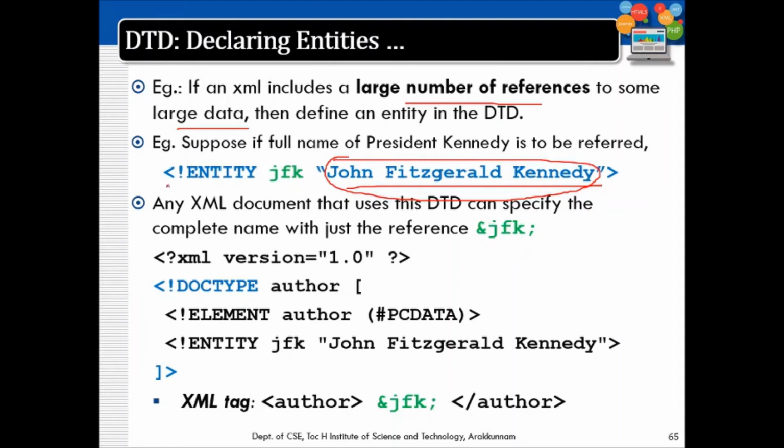So this is how you create an entity. I'm creating a short form, a shorthand like GT or LT or AMP, ampersand, or QUOT, quotation. Likewise, I am giving a user defined entity name, that is JFK, which is a shorthand, and after a space within quotations I have to give the expanded form. Here there is no percentage symbol, so this means this entity can be used in my XML